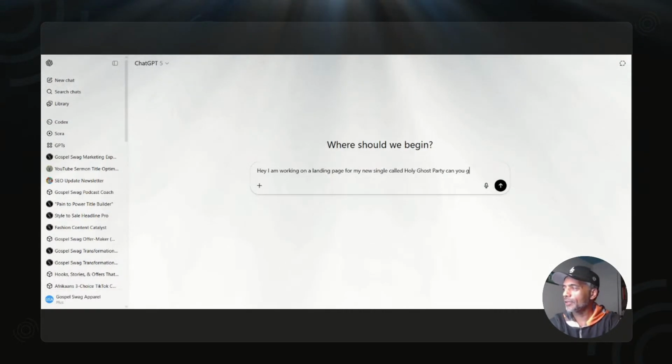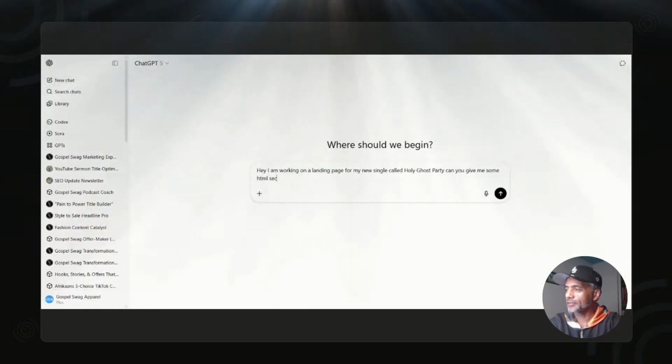Can you give me some HTML sections for my landing page? Okay, and then I'm going to tell it what sections I want. I want a hero section, okay, preview music section,